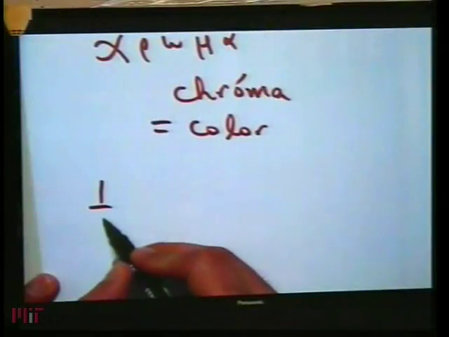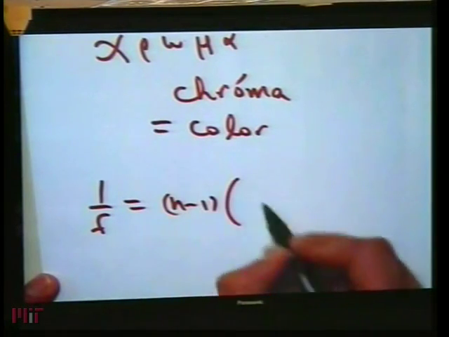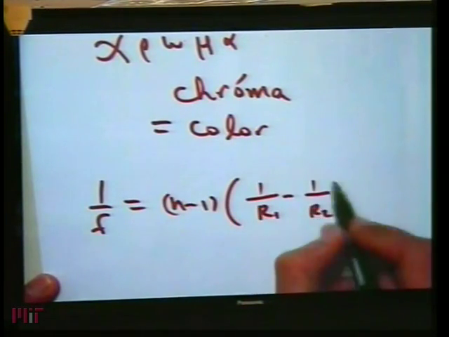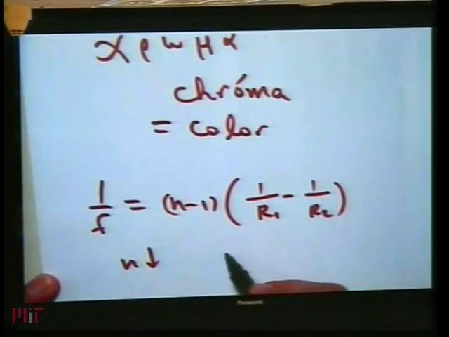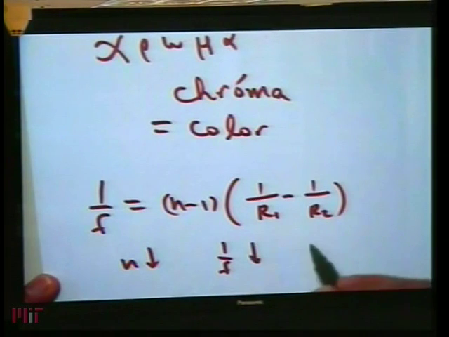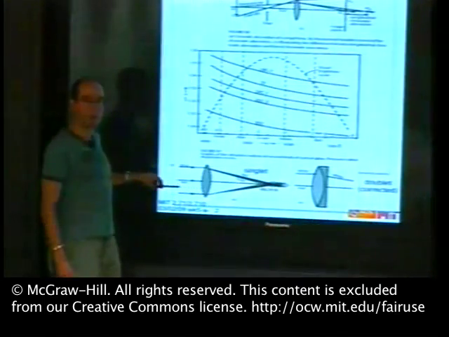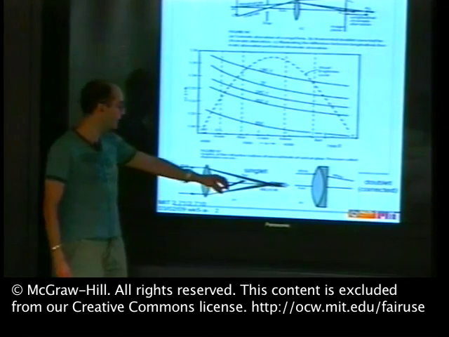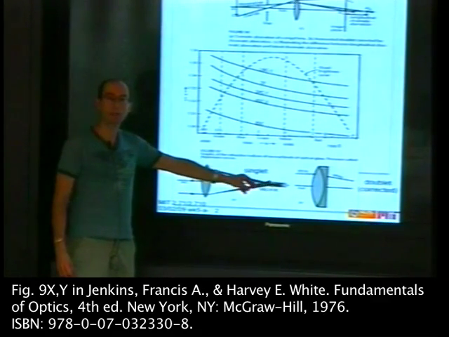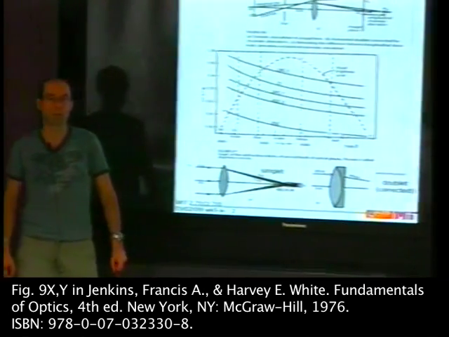Okay, the lens maker's formula says that 1 over f equals n minus 1, times the difference in radii, right? So if n goes down, it means that 1 over f goes down, it means that f goes up, right? So it means that the focal length is longer, and this is also what you see in this picture over here. You see that if you have white light coming from infinity, the red rays focus at a longer distance than the blue rays. Okay. So that is the evidence of